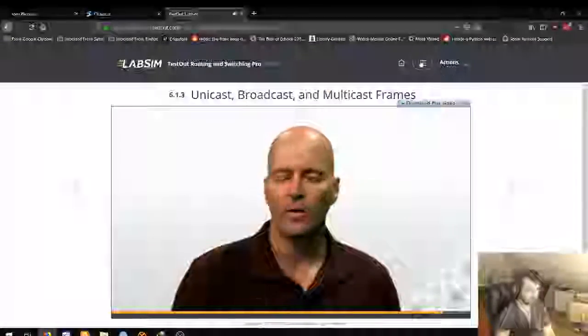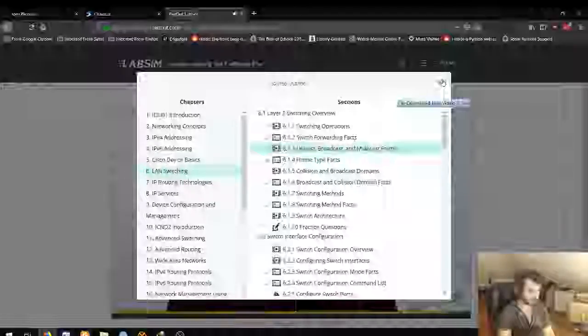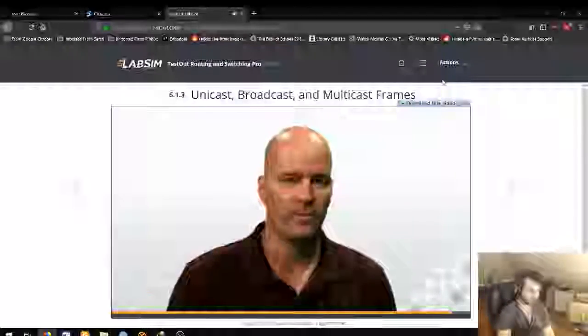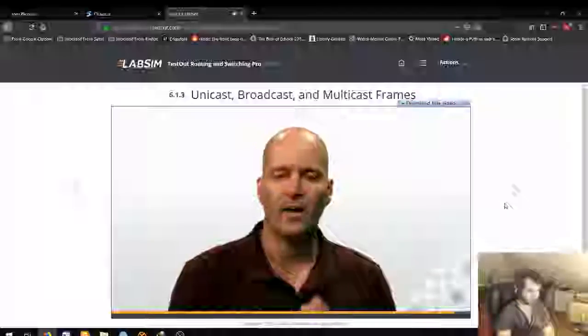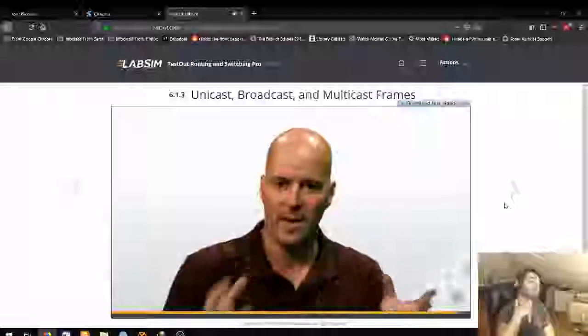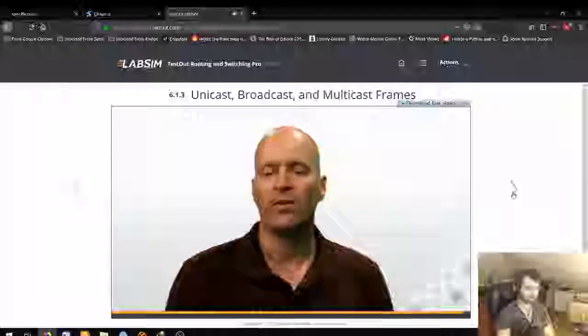So the destination MAC address field of an Ethernet frame can have a unicast, broadcast, or multicast address. A unicast is intended for a single target, while a broadcast is intended for all recipients, everyone. Multicast is something in the middle, intended for a subset or a group of hosts. Switches can intelligently forward unicast traffic, assuming that their MAC address table, their CAM table, has learned where that target is. But switches will always flood broadcast and